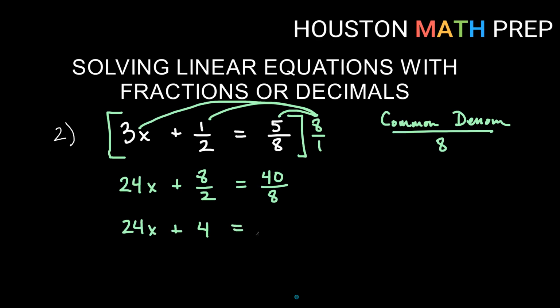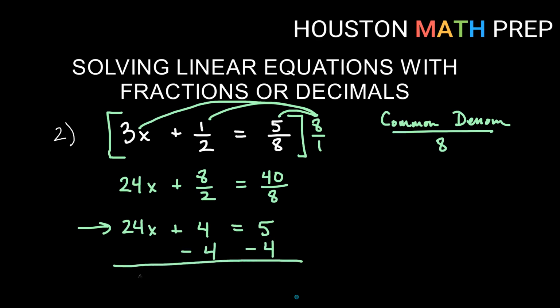And 40 divided by 8 is 5. And so we have this nice 24x plus 4 equals 5, no fractions. So now first thing, we get the x term by itself, so we will get rid of the other term. We'll subtract 4